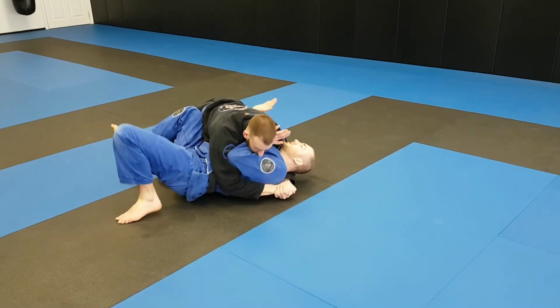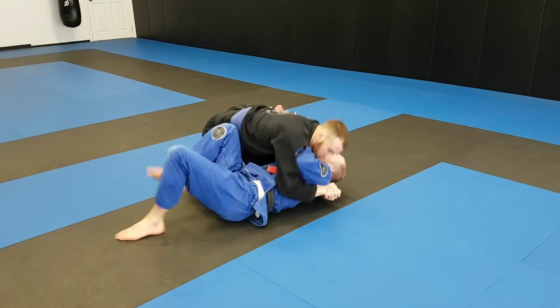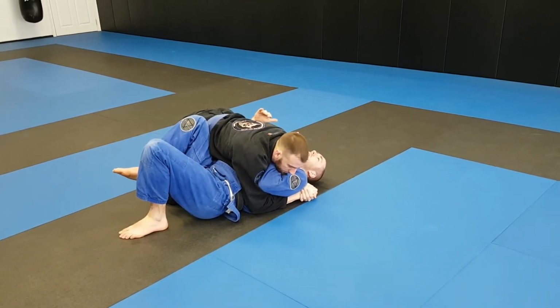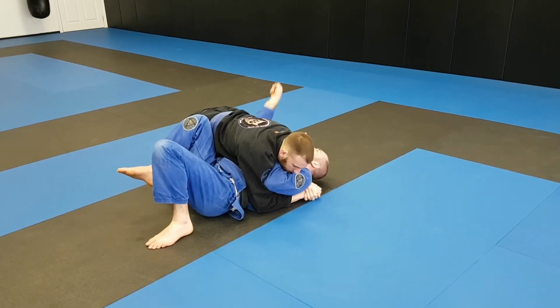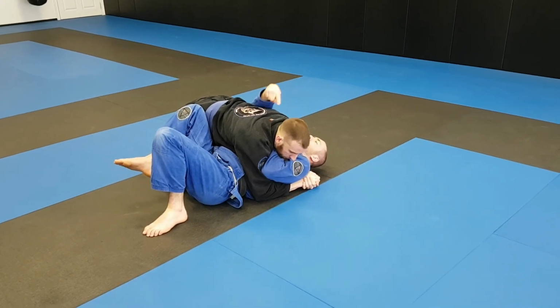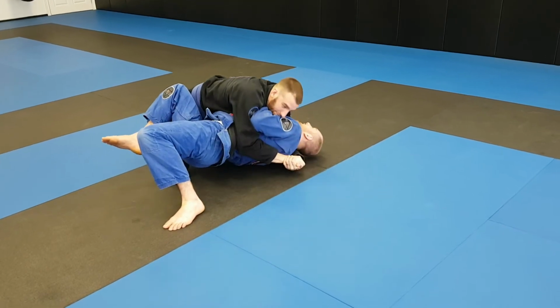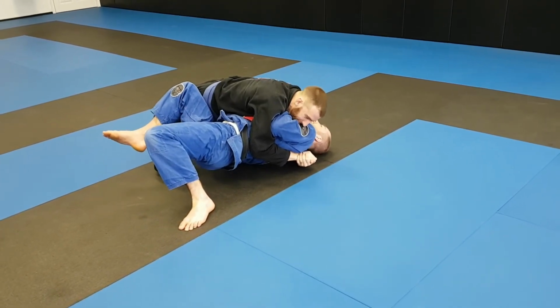So again, I try to just escape, but he got his knee back in. So I try to bridge it, but he was throwing me back to the mat. Remember, he has to overpower your hips. He has to put a lot of weight over you and drive you back in, because I'm pushing him this way, not up, right? So he's not slamming me straight back down. He's taking me back this way on an angle. So naturally what happens here is, if I get him to fight me here, if I realize he's resisting, right? Resisting, exactly, that